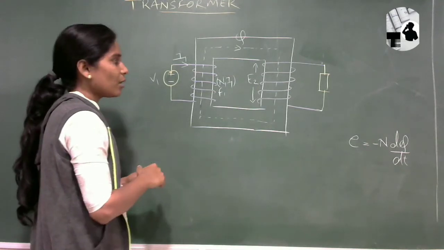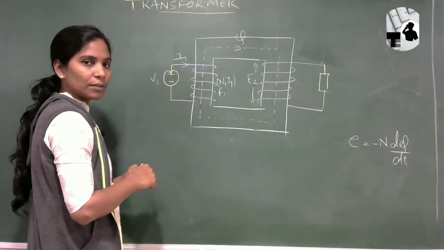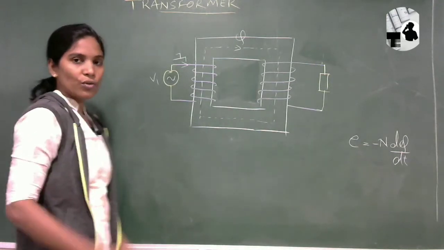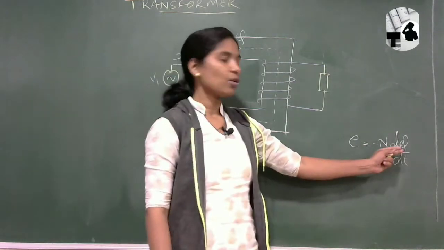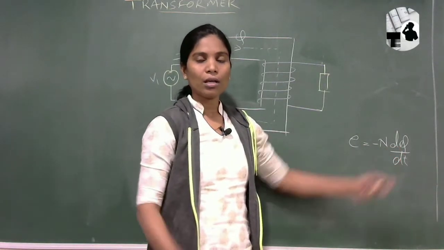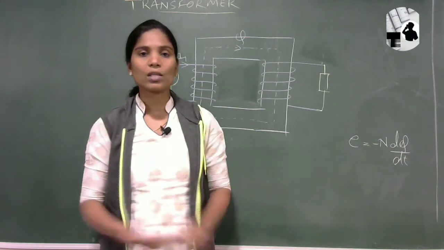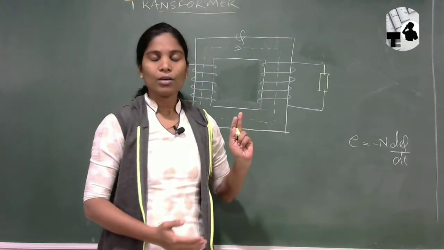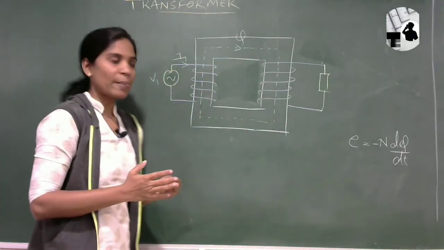Now what will happen when we connect it with the AC supply? Okay, so let's see for that. So what was the problem with the DC supply? That we were not able to provide a sufficient value of d phi by dt continuously. If you provide the continuous change in flux, then only we will get the continuous EMF at this side, right? So for that we should provide the continuous change in flux in the setup, right?